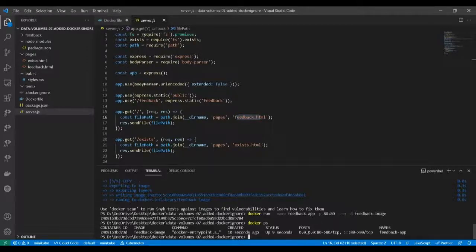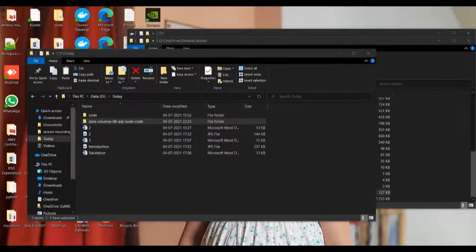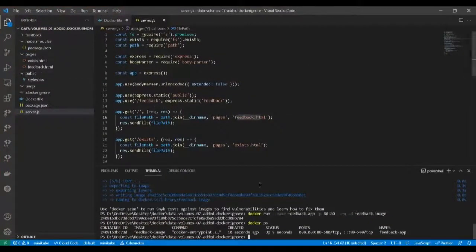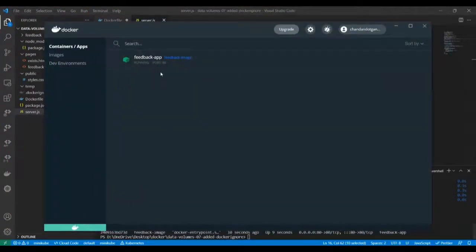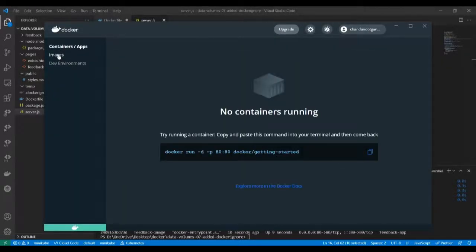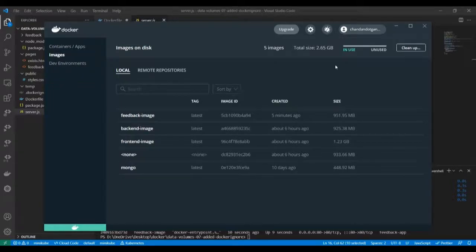First let me stop all the running containers on this app. Let us go to the Docker desktop. I'll remove this app. I have built the images, so it is this one. Let me remove it.